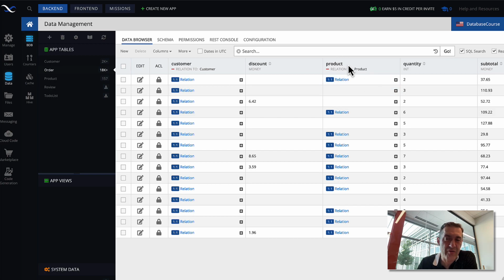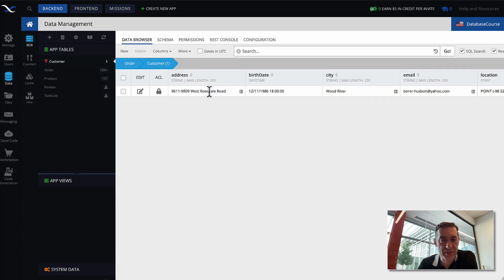This is a rather primitive way to define this. Typically, an order will have multiple order items, and every single order item will have a reference to product. But this is a simplification. So here we have an order related to one customer and an order related to one product. And these links can be used for navigation purposes. So when you're looking at a specific order right here, when you click on that link, you'll be navigating to that specific customer that the order we navigated from is related to.